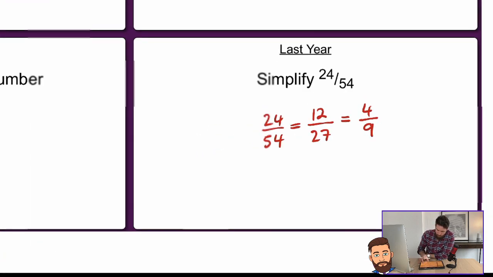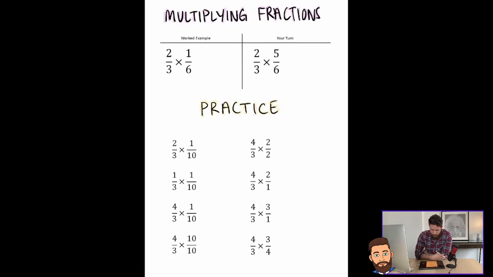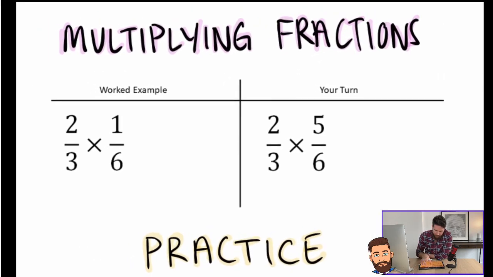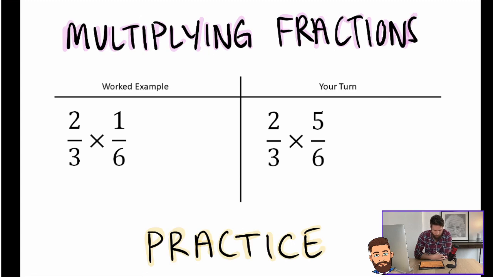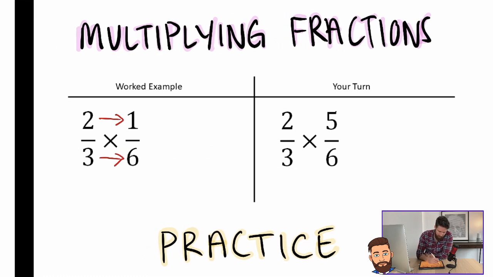Moving on now to multiplying fractions. Multiplying fractions is the easiest operation that we can do with fractions. To multiply a fraction, all you have to do is multiply the numerator by the numerator and the denominator by the denominator. So we can see here, if I do 2 times 1, I get 2 over 3 times 6, which gives me